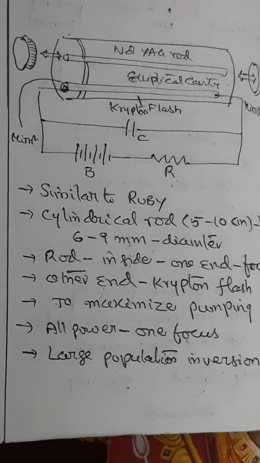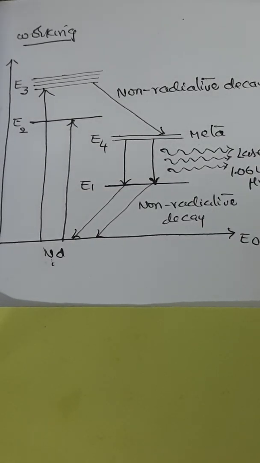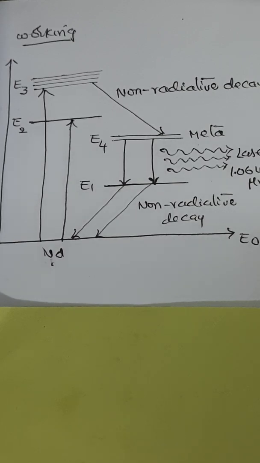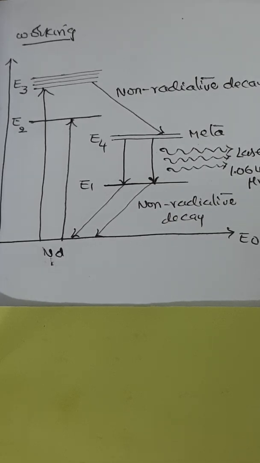Let us see the working of that. When you look at the working of a laser, the energy levels can help us to understand. The laser action is achieved by means of optical pumping utilizing a flash lamp. You can use a krypton flash lamp at high pressure, or sometimes even a xenon flash lamp at moderate pressure. Only a small fraction of the energy given out by the flash lamp is used for excitation, and the rest merely heats up the apparatus. So you require a separate cooling mechanism to cool the laser apparatus always.